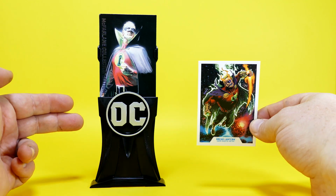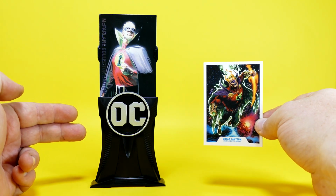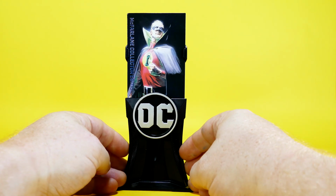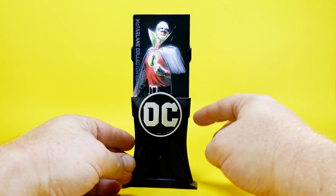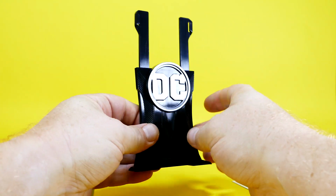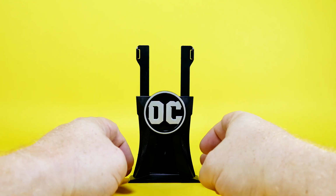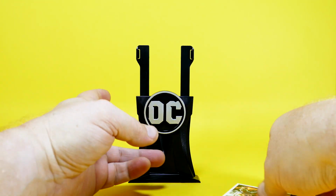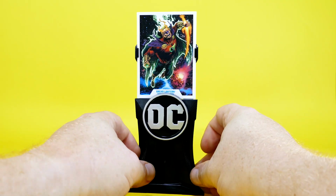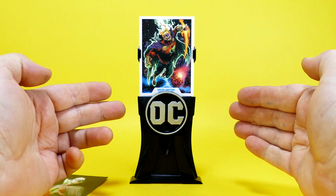Now, while, as you can see, both figures here come with a trading card, as always, what is supposed to set the collector's edition figures apart is they come with this stand for the trading cards to come in. And as much as I think this is cool as an action figure reviewer to have something to put really any trading card in, so long as, you know, the color scheme of the card matches that of the display